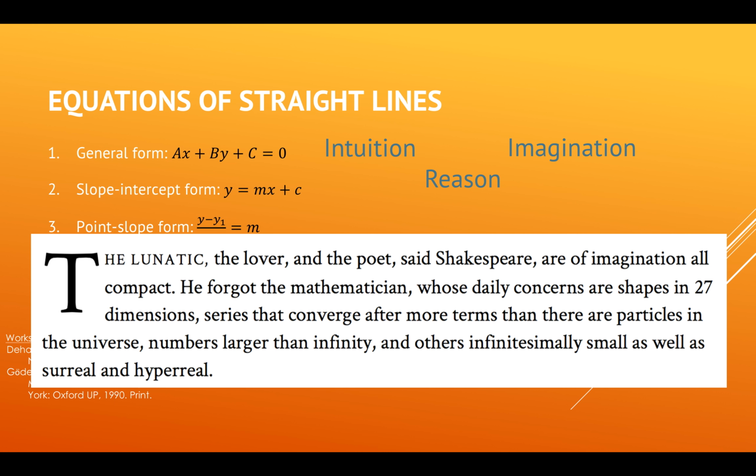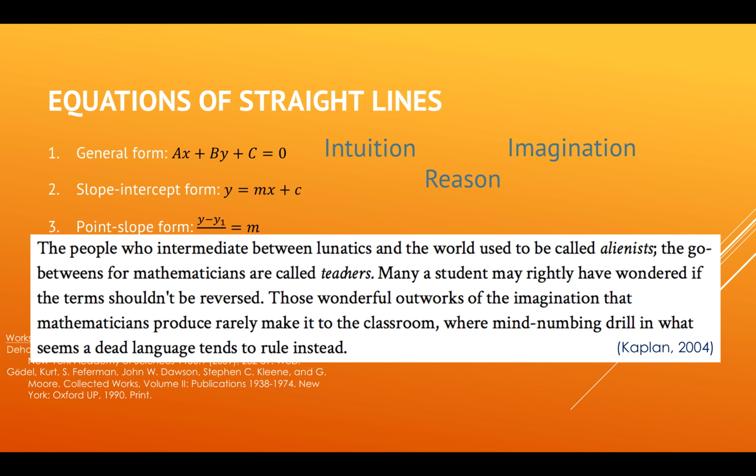And there's an article I really liked that I found online from the Harvard magazine. It says, "The lunatic, the lover, and the poet," said Shakespeare, "are of imagination all compact." You forgot the mathematician, whose daily concerns are shapes in 27 dimensions, series that converge after more terms than there are particles in the universe, numbers larger than infinity, and others infinitesimally small, as well as surreal and hyperreal. People who intermediate between lunatics and the world used to be called alienists. The go-betweens of